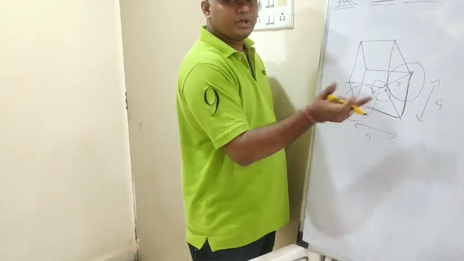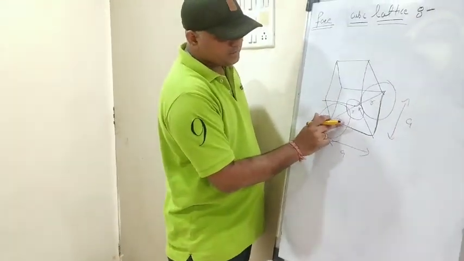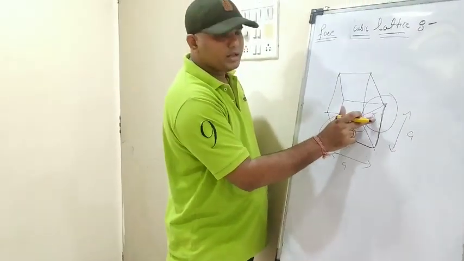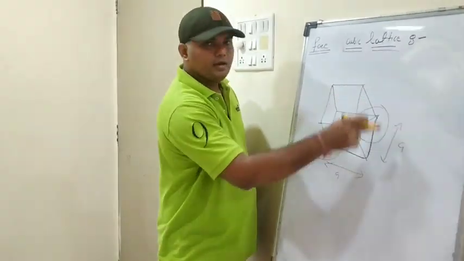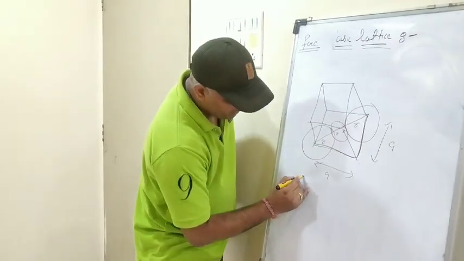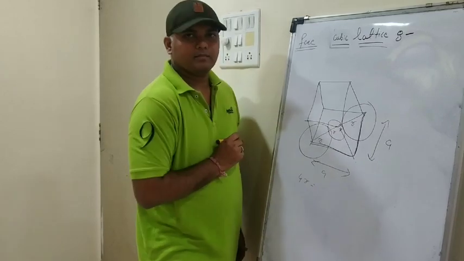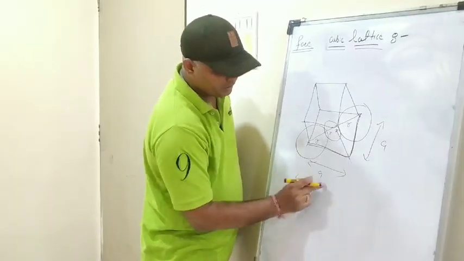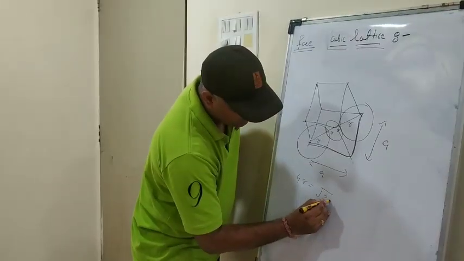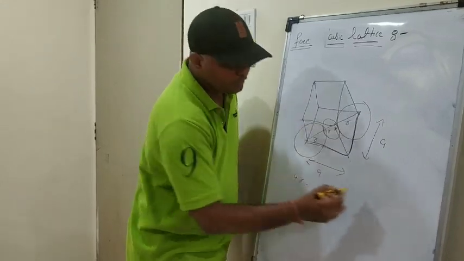So this is the situation, you can see all of you. This is 1r, this is 1r, this is 1r, this is 1r, right? So it becomes a face diagonal. So it will be a 4r, right? And it will be square root of 2a square. I have shown you this,